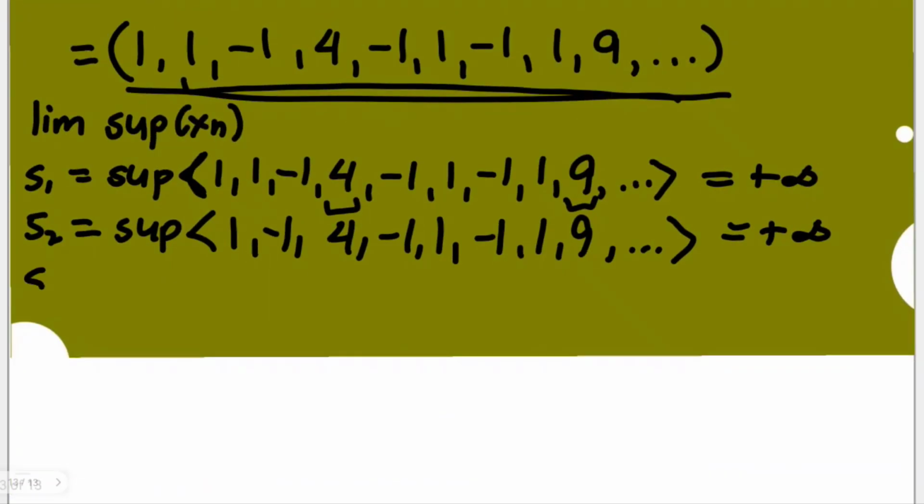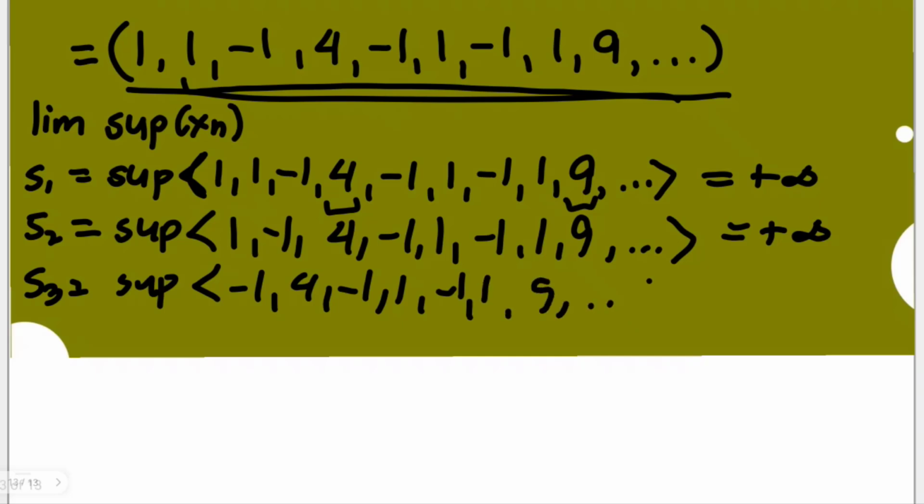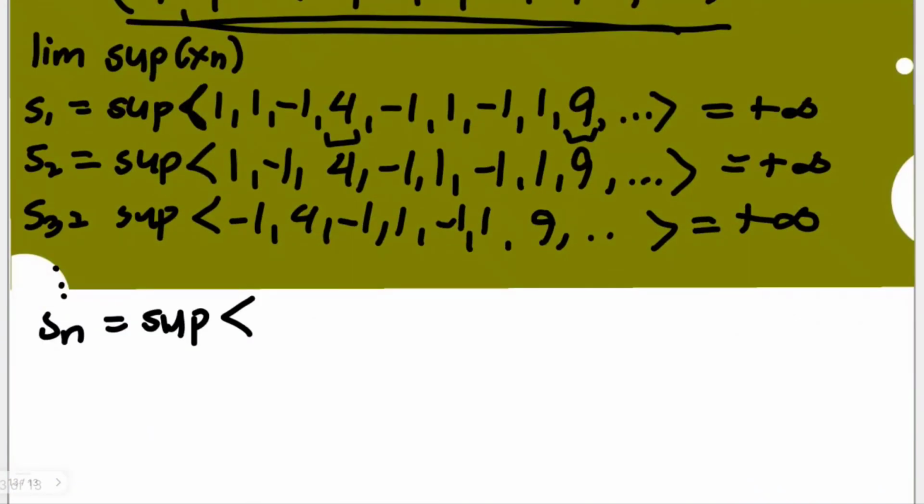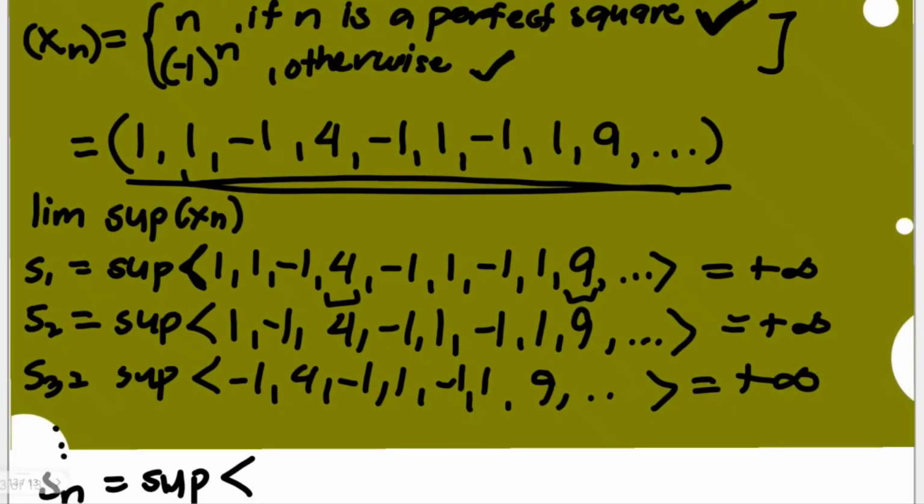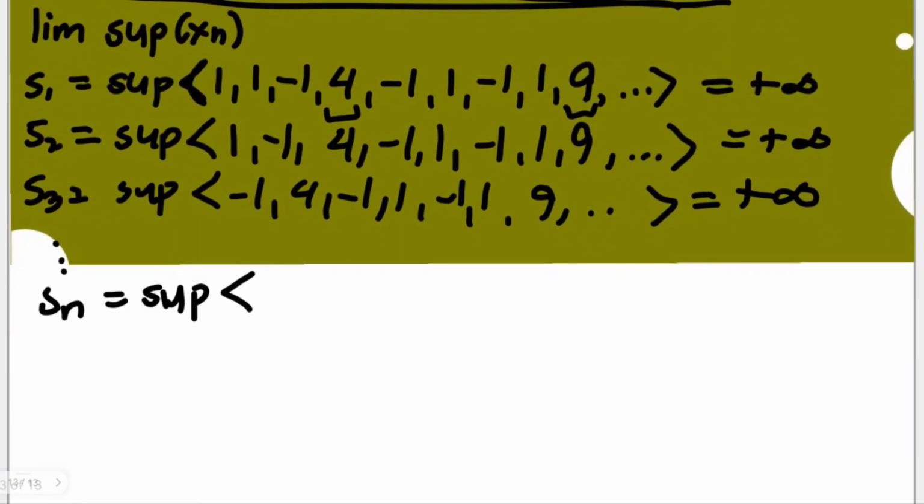So we're going to continue the supremum: -1, 4, -1, 1, -1, 1, and then 9. Again, same thing here, positive infinity. And even if you're going to reach for S sub n, the supremum of that, I don't know what to denote, because both of them are acceptable. So the supremum of whatever it will be, the S sub n,